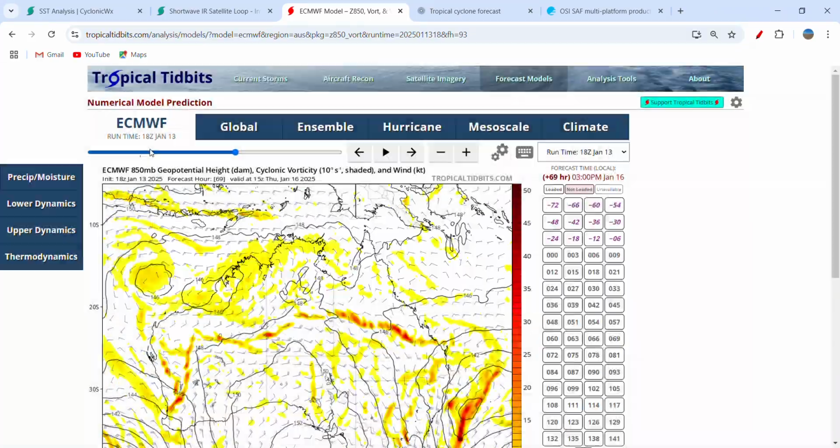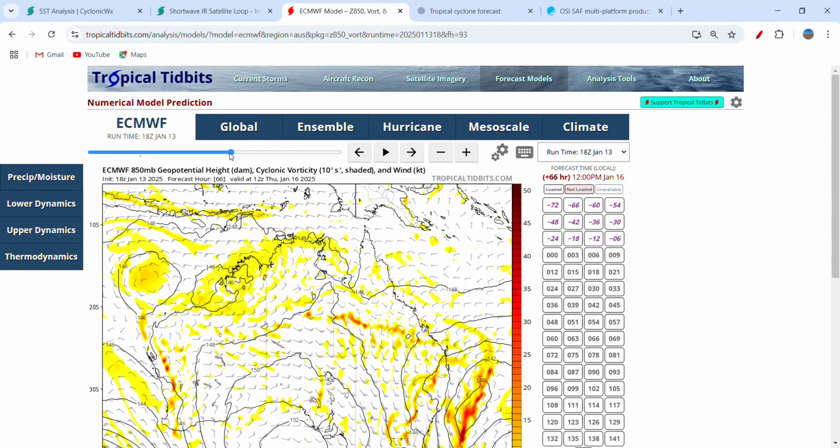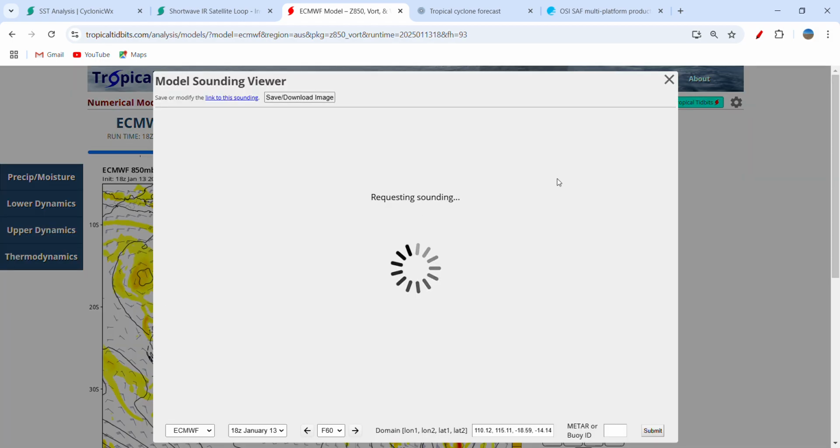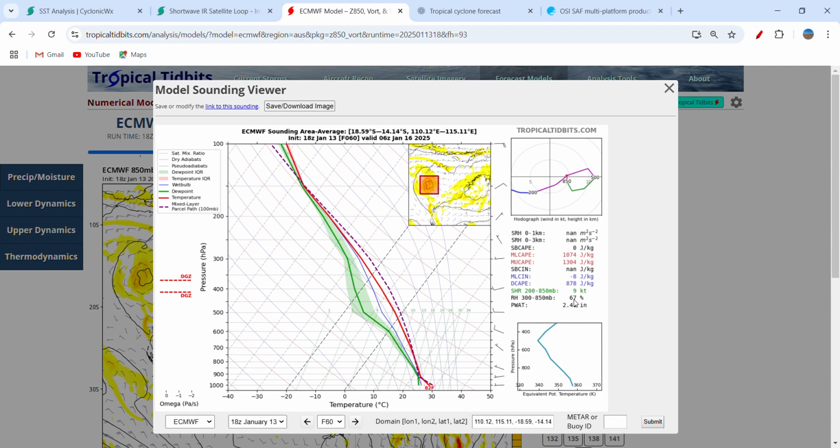So, let's take hour 60 as a first point of analysis. This will be 48 hours from now, or maybe a bit less from the time I publish this. We take a look here, and overall, it's conducive. The overall deep layer shear is only 9 knots. The relative humidity, as expected in this kind of environment, and as a lonely system that's struggling to develop, we know relative humidity is going to play a part in how it's struggling to develop. But the overall shear